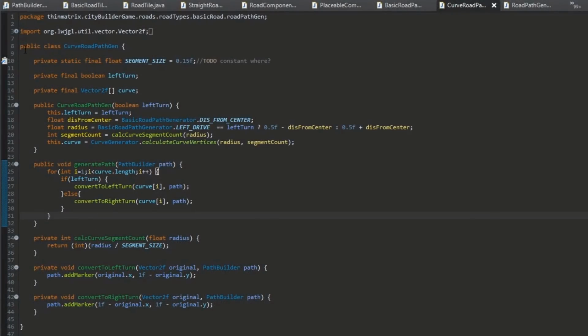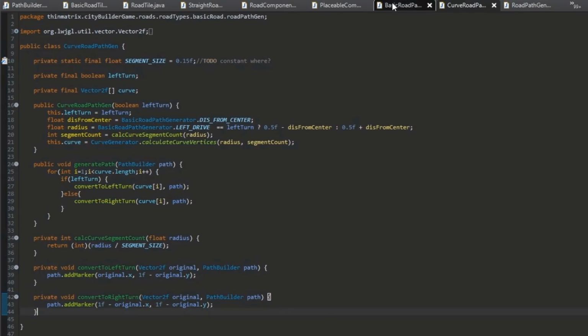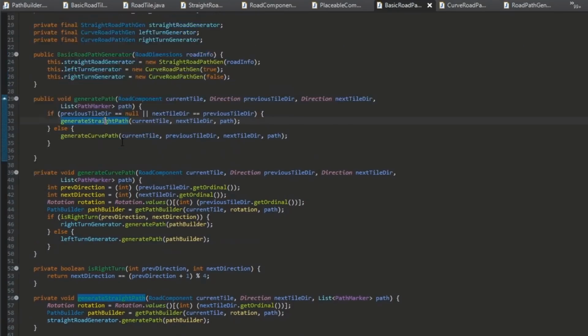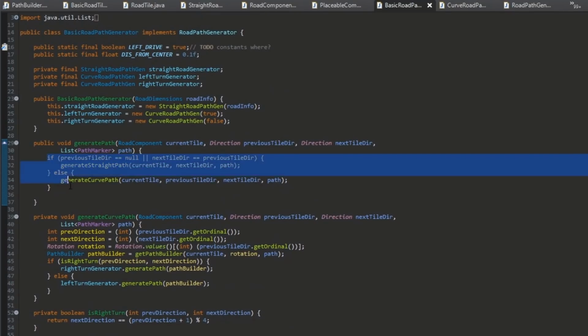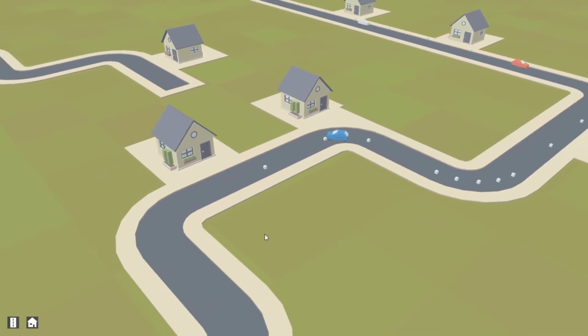Onto the curved roads now. I've just been doing the path generation for both the left and the right hand turns, and then here I've got a bit of code that determines what type of path should be generated, whether it's a straight path or a curved path. And so in the game, the path generation for the cars is now working pretty much perfectly,